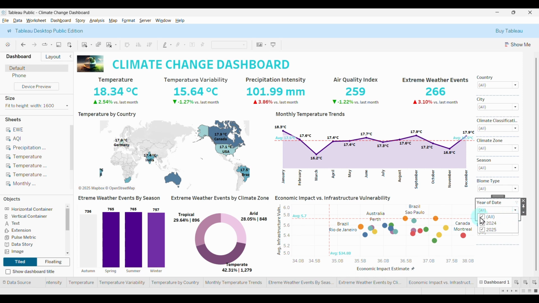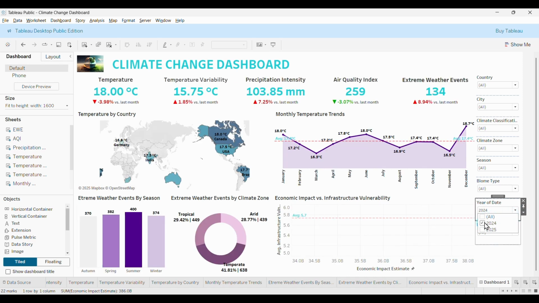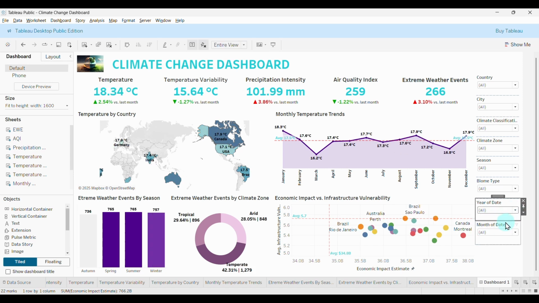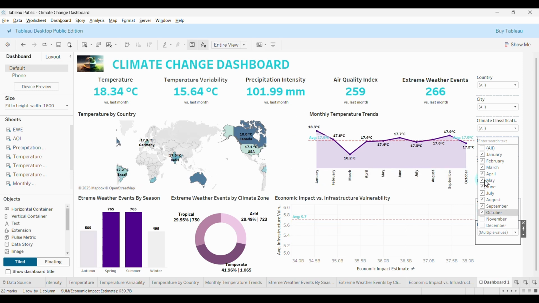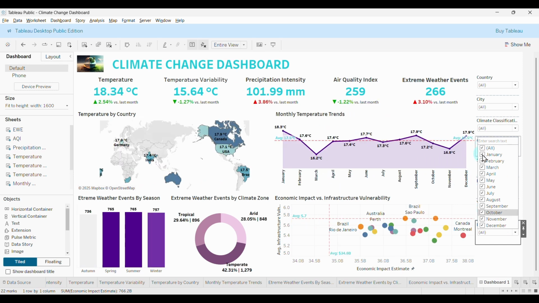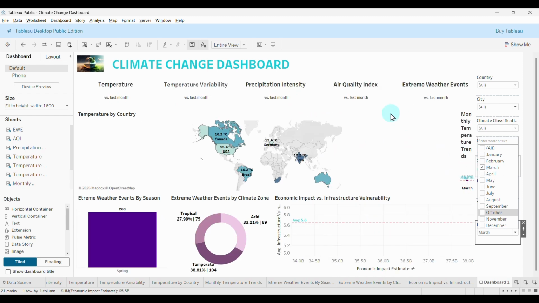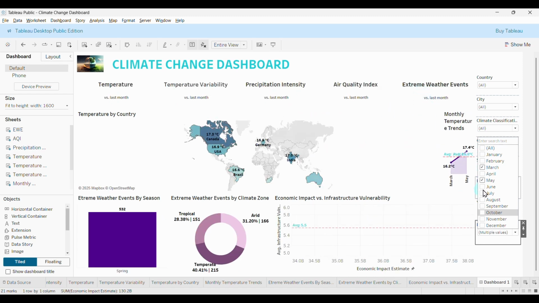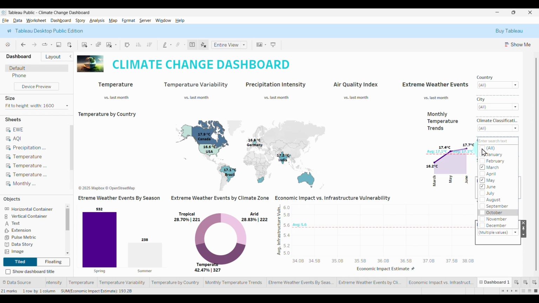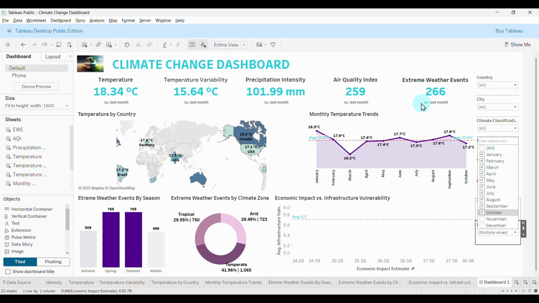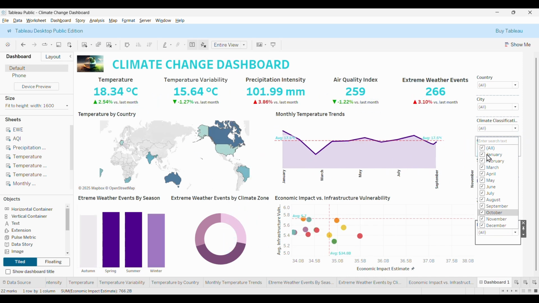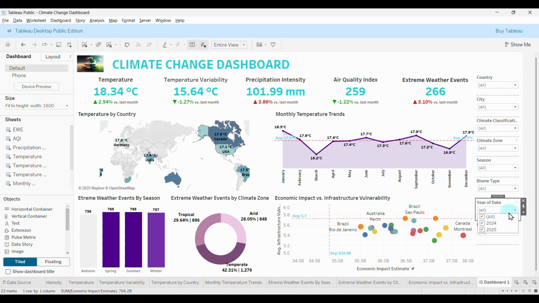So if you select the year, for instance 2024, you can see only the values for 2024, same for 2025. So if I select the month, look at what happened. Everything is changing, right? So if I select March, for instance, it won't show the versus last month because it is only one month that you have selected. But even if you select two months, the month should be like current and previous, right? Okay. So it is quite difficult to actually,